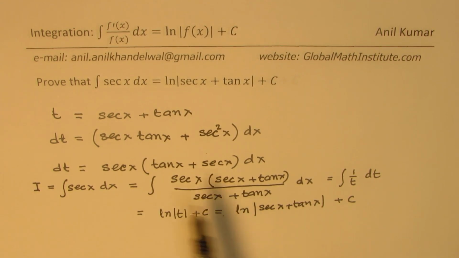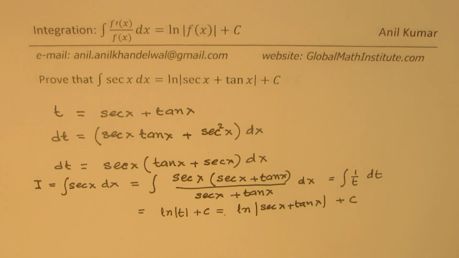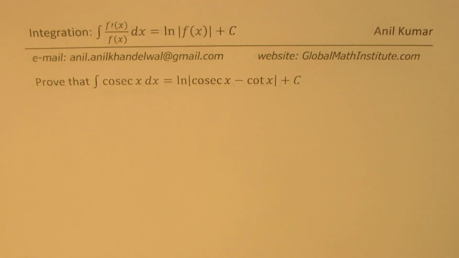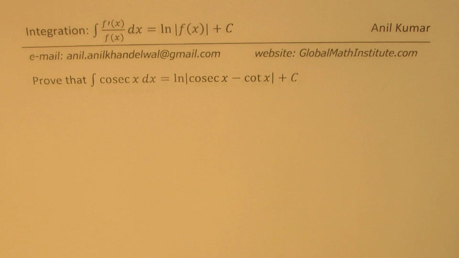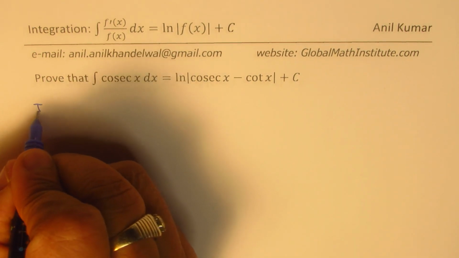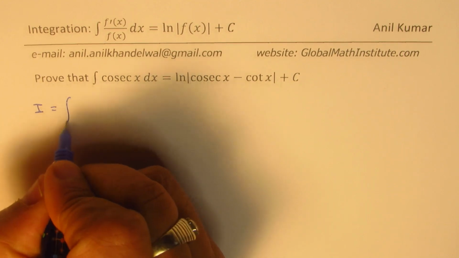So whenever you have to prove like this, the strategy here is to multiply and divide by what you find within ln. Perfect. So exactly the same strategy we are going to apply in these questions. So now in the second question, let me approach in a different way. We need to find the integral of